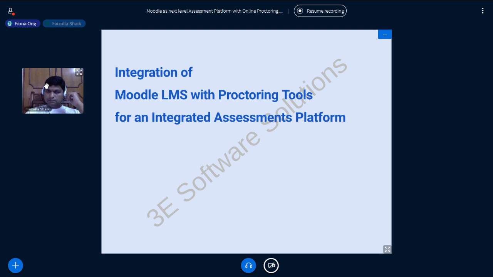I also wanted to make sure everyone is aware that for our last session today, we're going to get Martin back on board, and Martin's going to do a roadmap closing session. This is one of the best sessions during the Moot, because this is where Martin solicits input from the community about some of the features and functionality that you would like to see in a future release of Moodle.